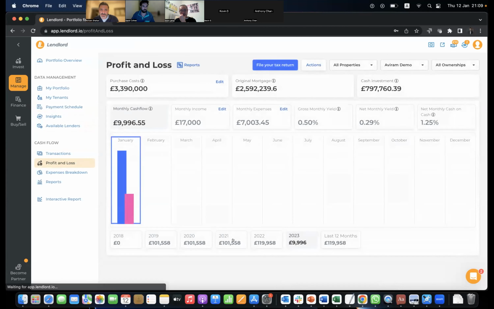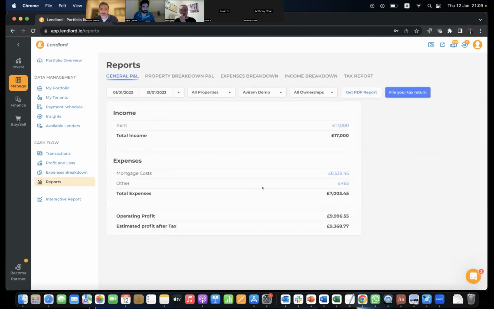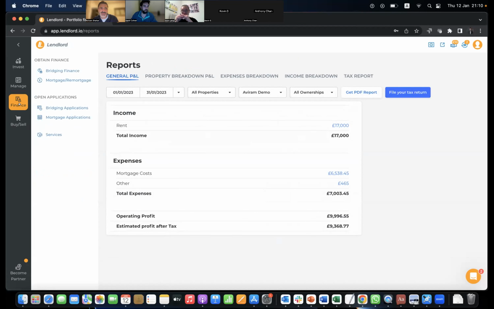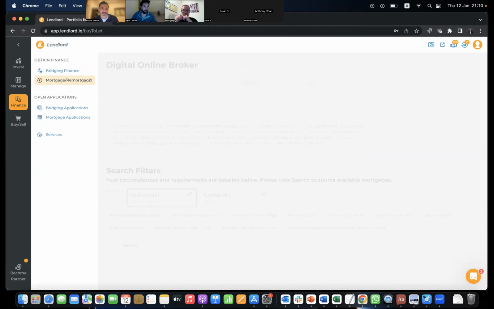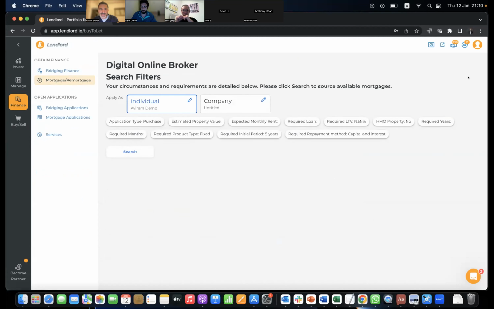The profit and loss, which we'll focus on in this webinar, is the place to manage your income and expenses. You can also generate reports and file your tax return. Before we start this part of the platform, I just want to show the last part. This is the finance side of the platform. And here, based on the data that you manage on the platform, you can find,